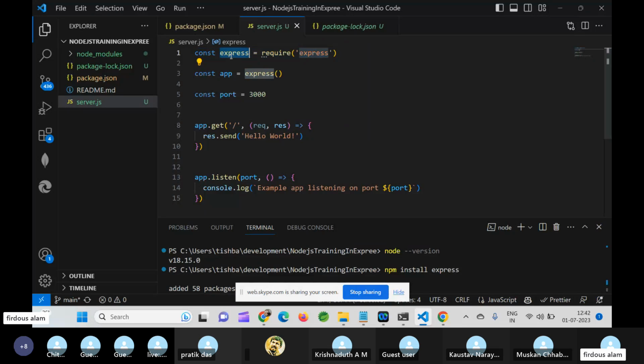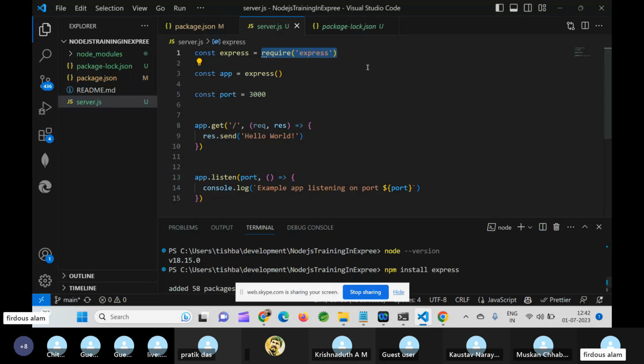You can give it any name, even XYZ, but I always suggest a meaningful name that states what you are requiring, understandable to everyone. Then I require this Express framework.